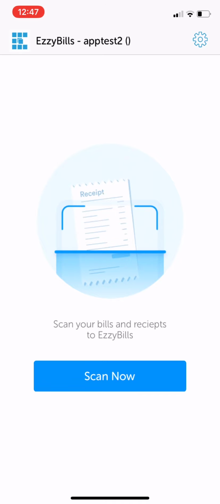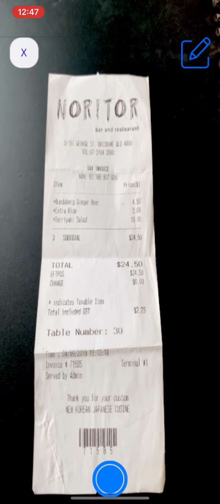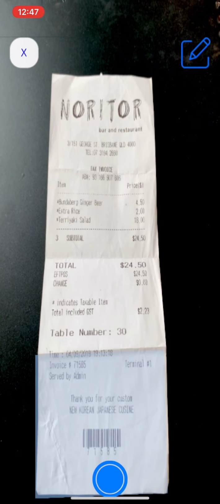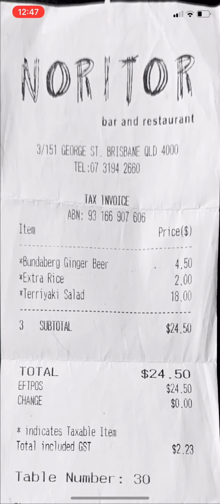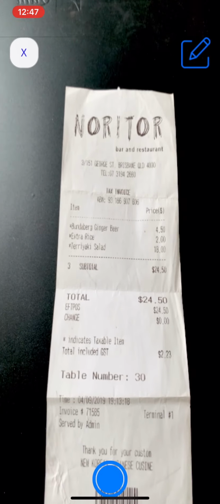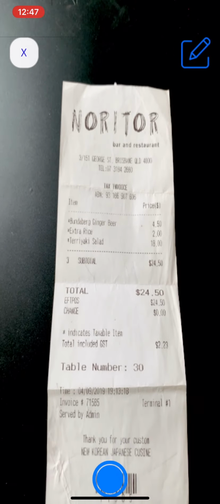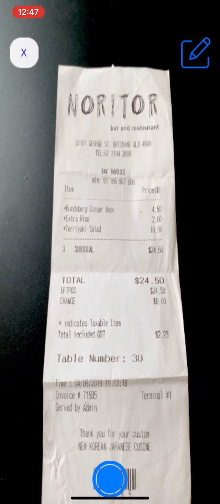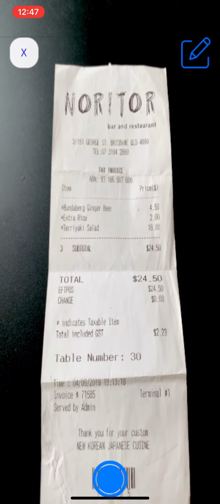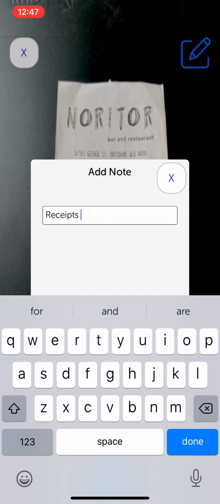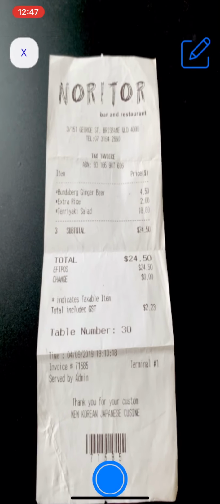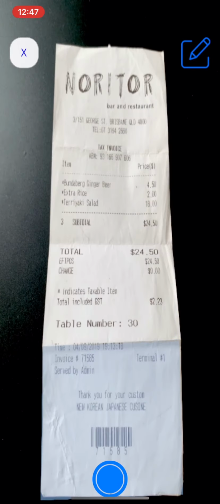This is a very efficient way of logging in. Now you're ready to scan a receipt, so press the Scan Now button and have your receipt ready, preferably on a dark background so the receipt is easier to pick up, and just press the blue button. As you can see, it has been uploaded successfully to your account. Now you can also add a note. So if you press the pencil at the top right corner, you can add a note and press the X,